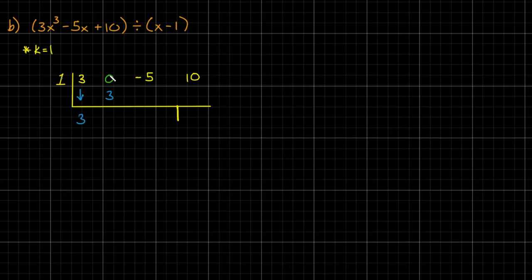Ooh, careful. Add. What's 0 plus 3? 3. Now I do 3 times 1. Like we just repeat this process over and over. Gives me another 3, which I think is -2, right? And last one, -2,